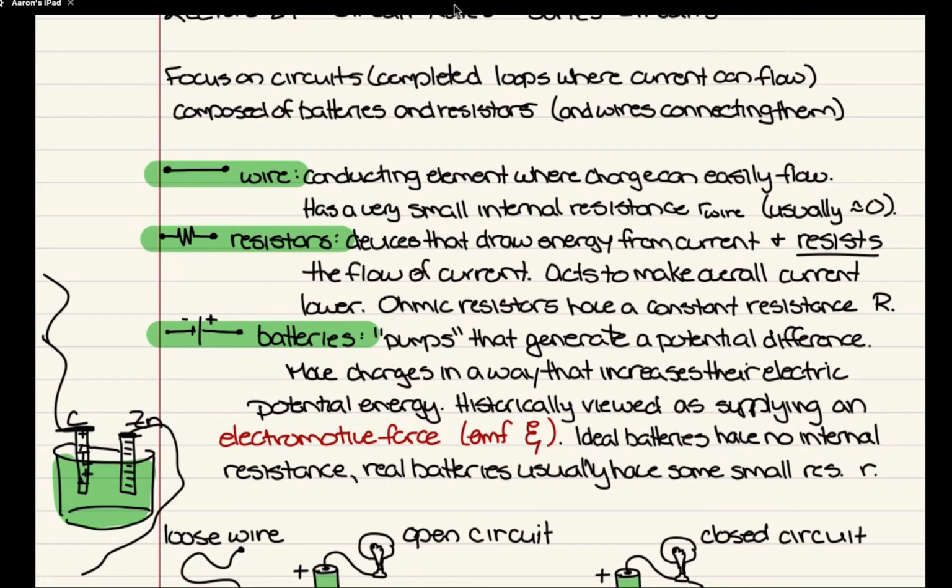Historically, I noticed your book still uses this term, though I think it's getting a little dated. Historically, the battery or the power source was treated as an object that's applying something that used to be called the electromotive force, or the EMF. So a 9-volt battery, for example, would be providing 9 volts worth of, quote unquote, electromotive force that would allow the charges to travel. I don't think that's used as often as it used to be,